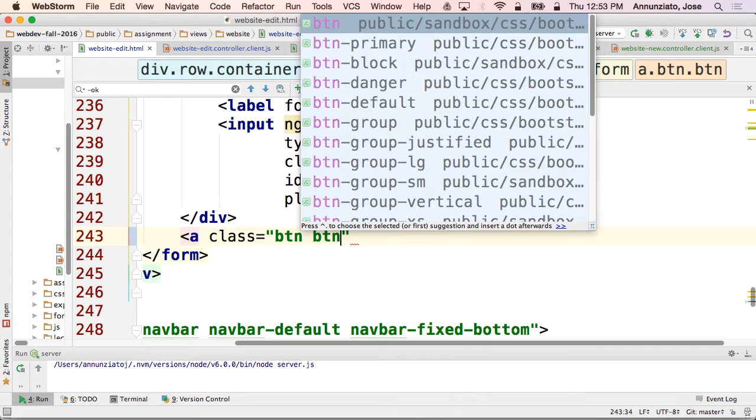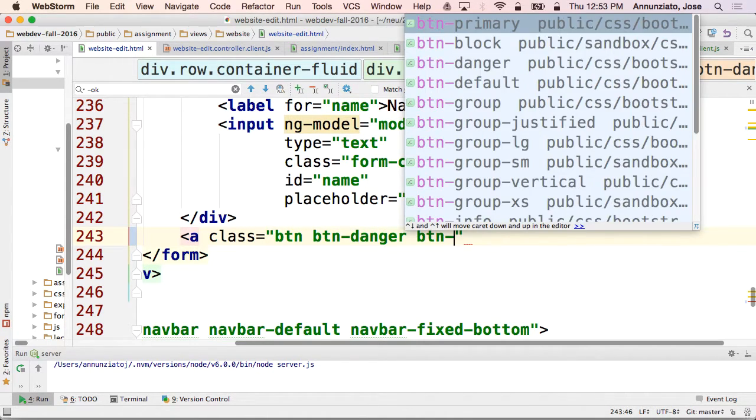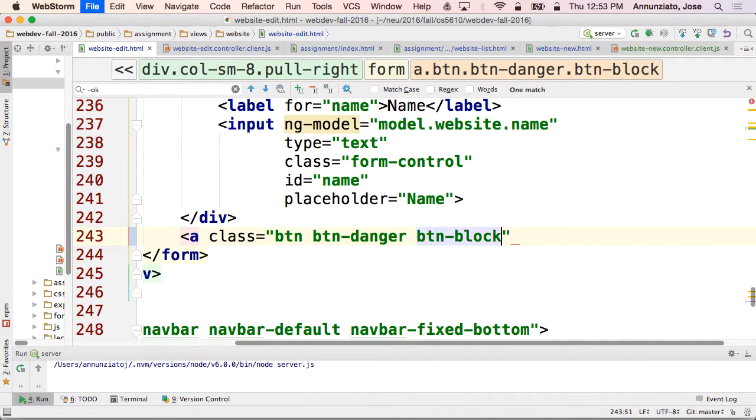I'm going to say button danger. And I'm also going to use the class button block, which is going to render this as a block item. It's going to take up the entire width of the page, and it's going to have the delete